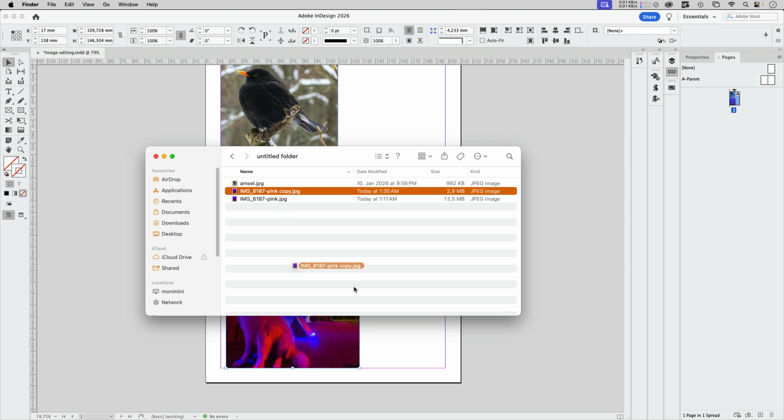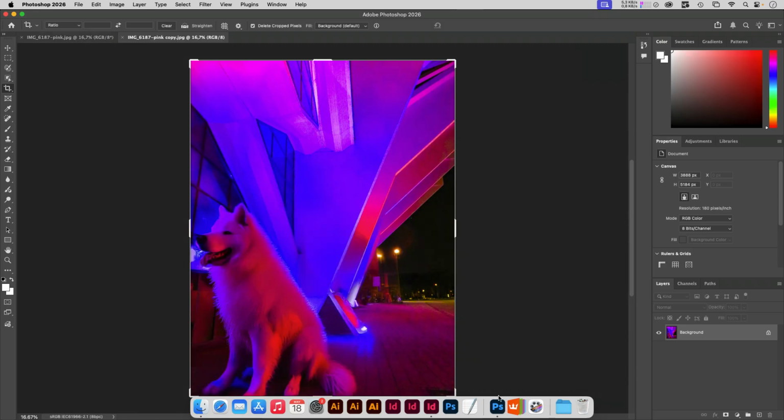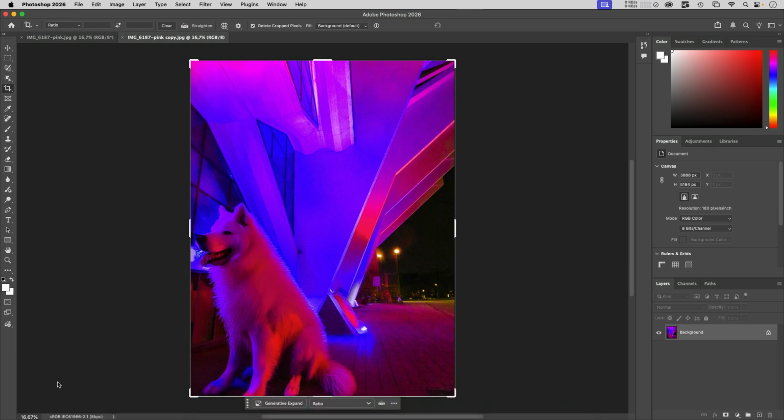Now I'm going to take this and open it in Photoshop. And you see this now has an sRGB color profile applied. And we do not know how it got there. Did it get converted into the profile or did it just get that profile attached? We don't know that. And the color management workflow is ruined because between these two color profiles, you might actually see a difference, and the difference might actually be visible in the output if it gets converted to CMYK when going into print. So when color management is important to you, just don't use the